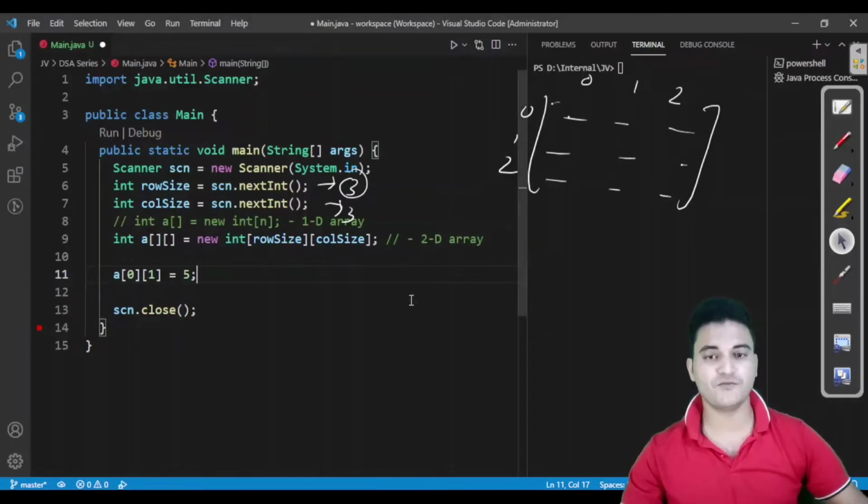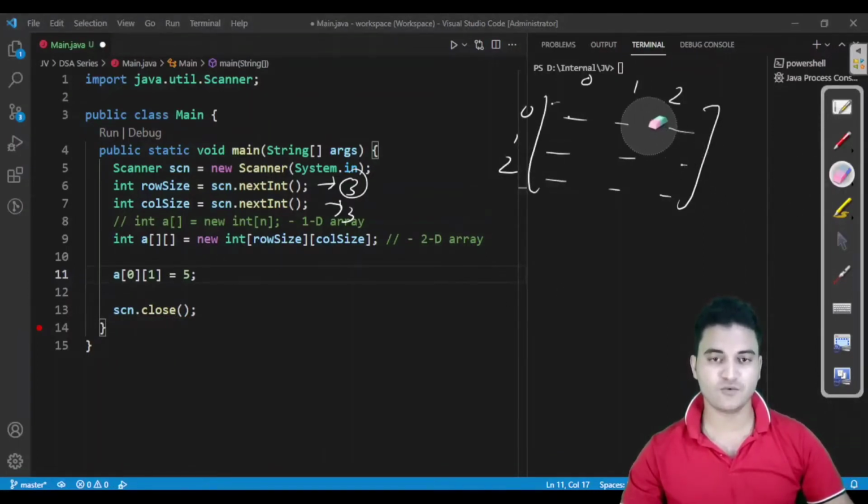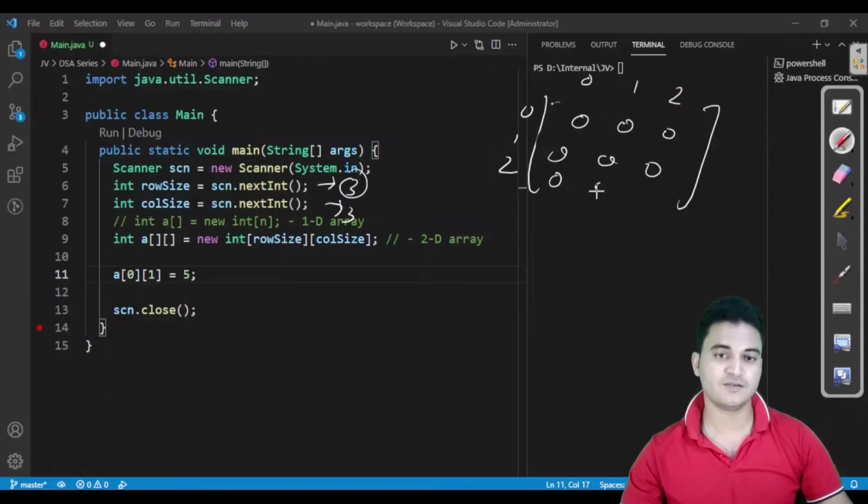Let us say previously we were having 0, 0, 0, 0, 0, 0, 0, 0, 0. So it would remove the 0 from here and instead write 5. So now our new array looks like this.